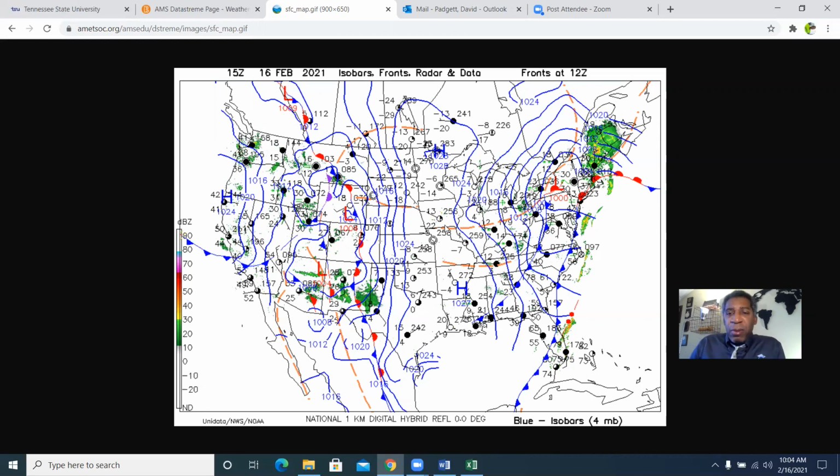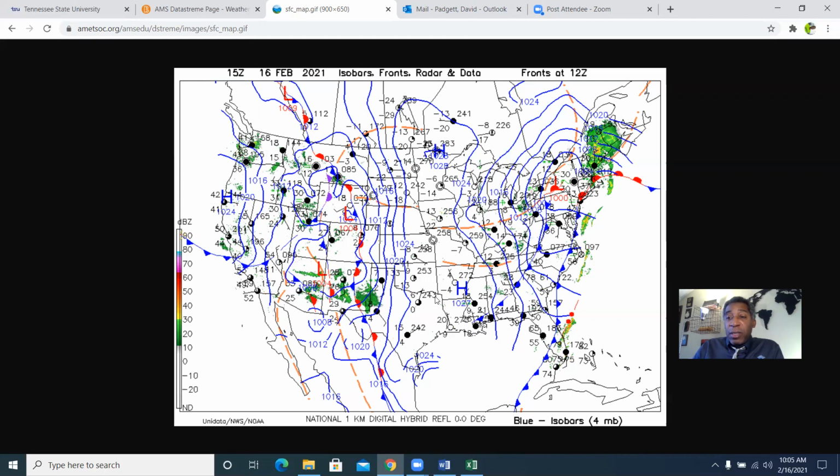Okay, so let's look at some of the map symbols. And let's take Nashville, Tennessee. So here's Nashville, Tennessee. Okay. And if you notice, there's this map symbol, this line symbol with these teeth, it looks like. That represents a cold front. Okay, so if I was to ask you, for example, what type of